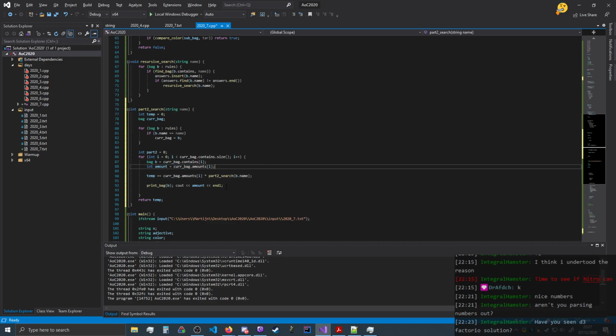Wonderful. So what do we do then is, I want to actually get a temp, so we can do some kind of recursive search here. So let's see, what do we do? For every single bag, we find the bag, which is just so we can see what is in there. What we then do is for every single iteration of stuff that is in there, we turn this, and then if